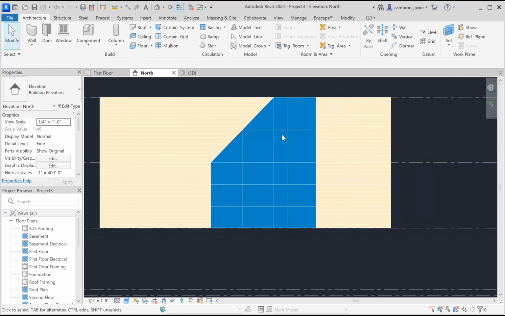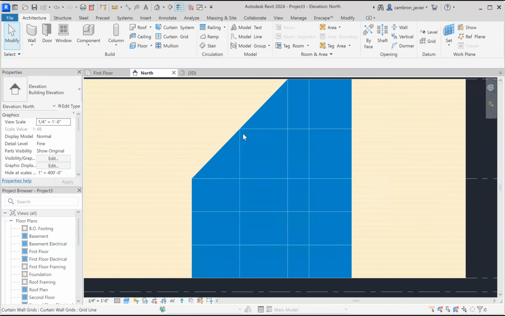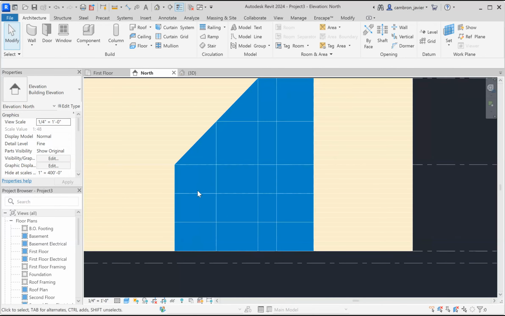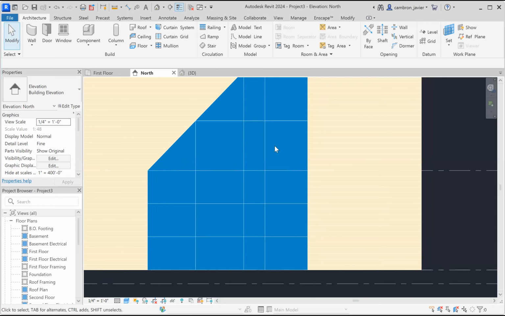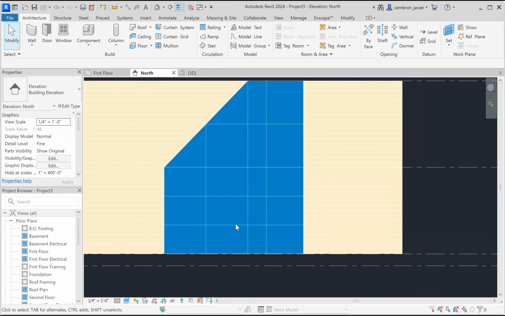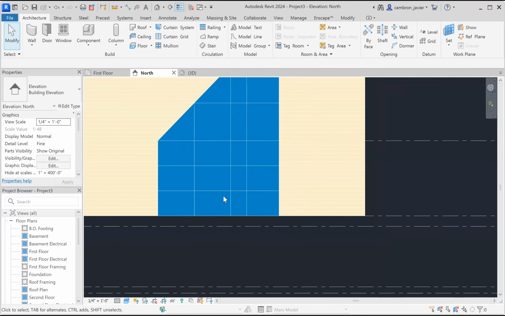Now, when I place these, you'll notice that I didn't specify dimension. I just kind of place them. And so when I place them, I'm really just kind of looking for a design. So saying, okay, I'm going to want this curtain grid structure to kind of look like this, right? Once I have the general design, then I'll go in and I will adjust some of these lines. So for example,